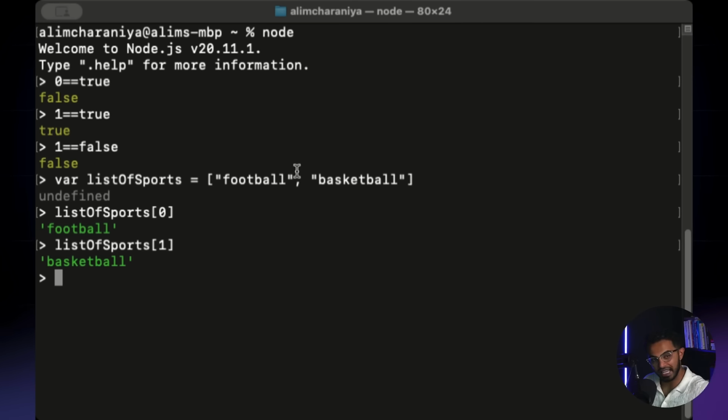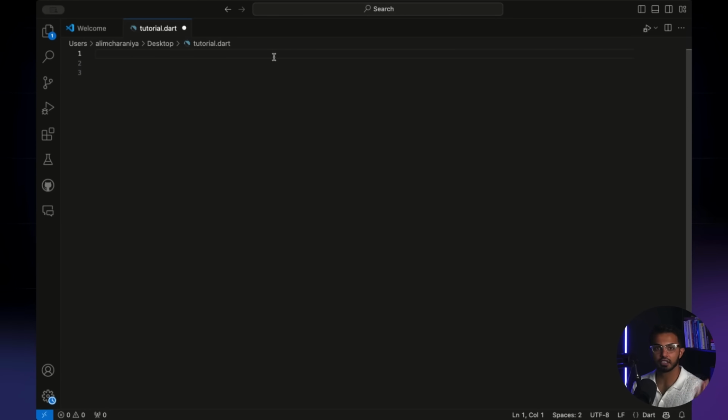For the rest of the tutorial, I'm going to move away from Node.js and open up a Flutter coding environment, and we're going to write Flutter just so I don't confuse you. Everything else you've seen so far is very similar to Flutter, but we're going to move into writing some real Dart. That way it stays consistent. I have open here a VS Code editor, and I'm going to quickly recap all the different data types that we learned using Dart.